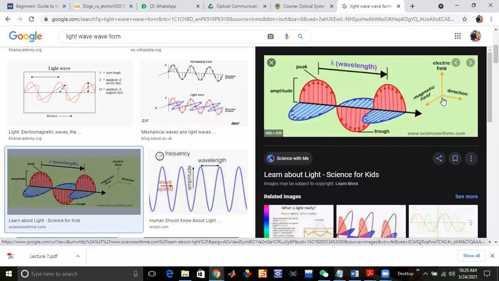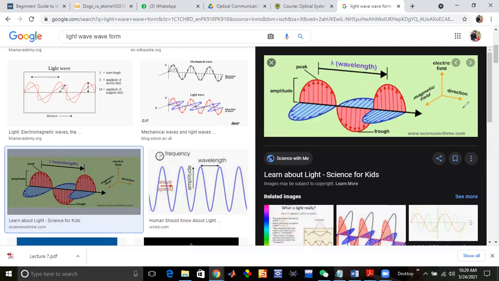So you know that if we consider this is the z direction, and this is x, and this is y, and the light wave is flowing in the direction of z, and suppose its electric field intensity direction is along x, then the magnetic field will be along y. So you know that these three are perpendicular to each other. This is why they are called